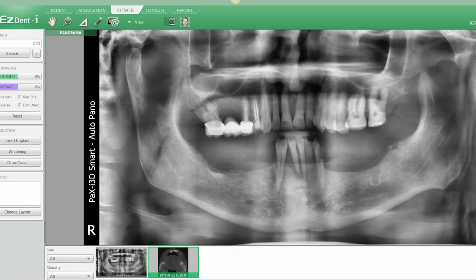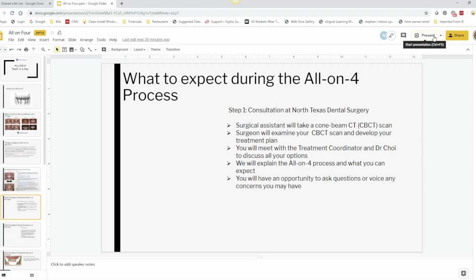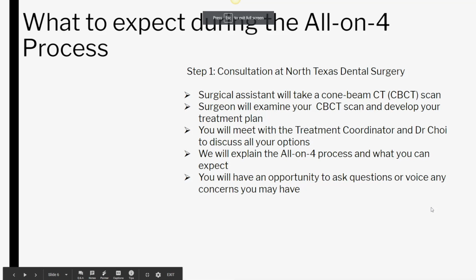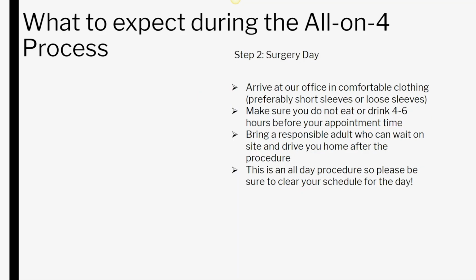So going back to our presentation, we'll do your consultation, give you your complimentary consultation, and go over your complimentary CT scan to essentially plan out the procedure for you, answer any questions that you may have, and also go over your medical health history. So day of the surgery, when you come in, obviously come in comfortable clothing,